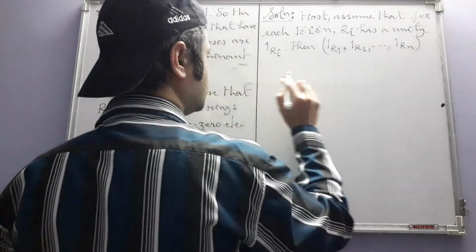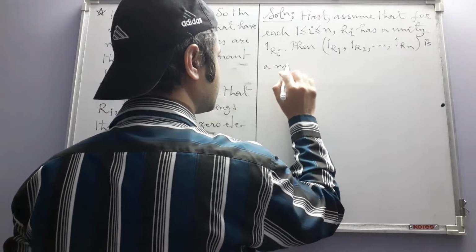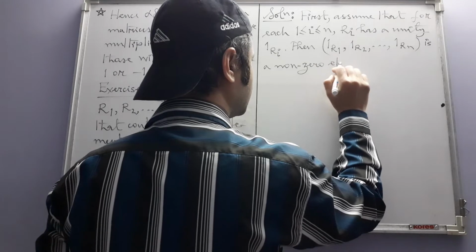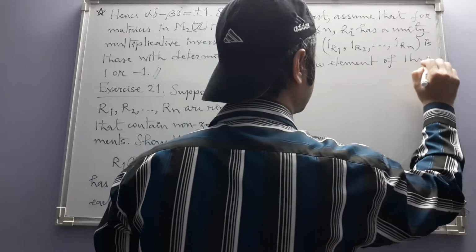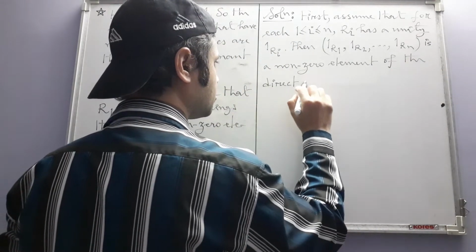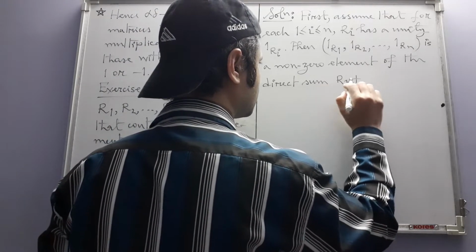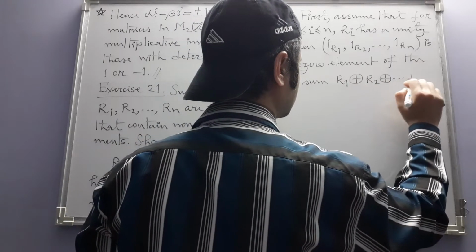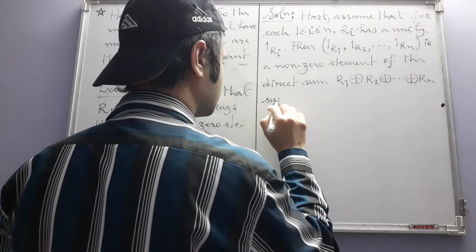Okay, so then this is a non-zero element of the direct sum such that